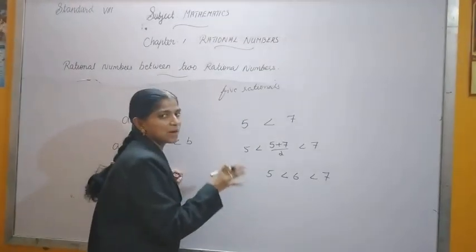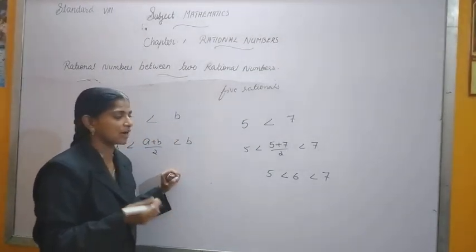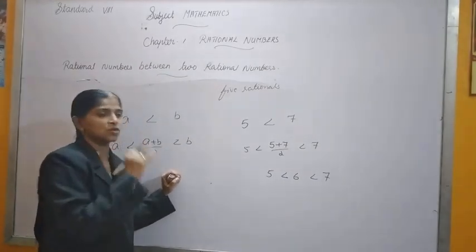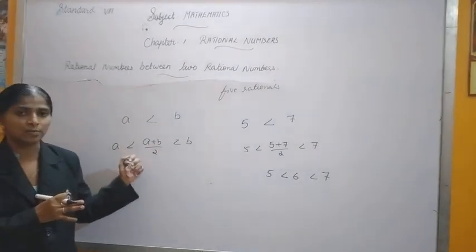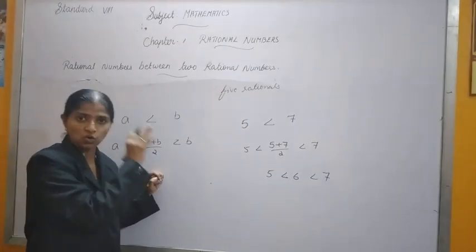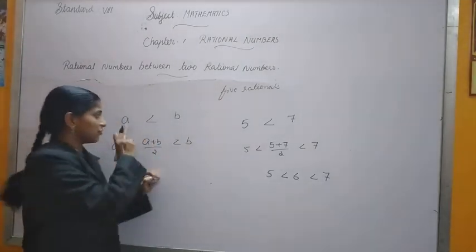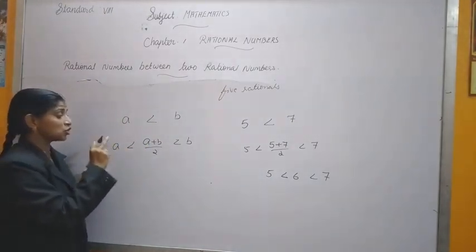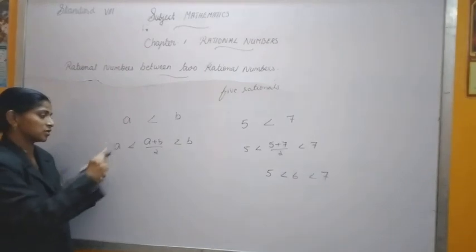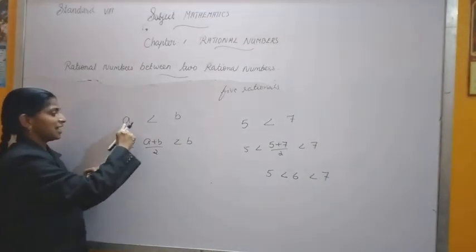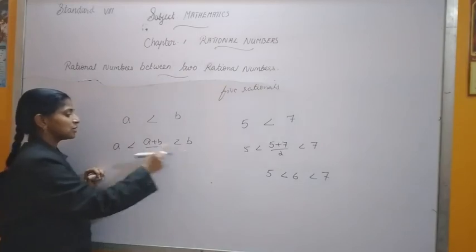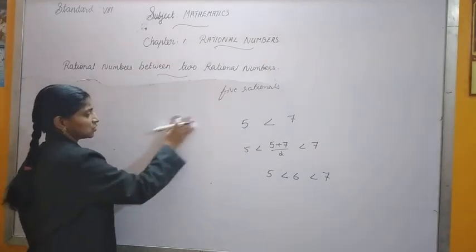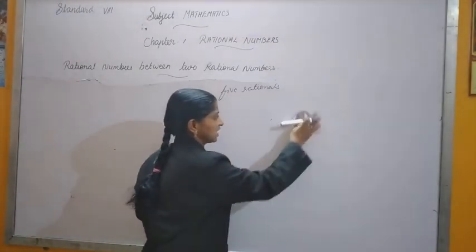But here rational number addition comes. One rational number we can easily find. So if you want to find more than 1, you will find it difficult. So better you find the rational numbers by using the easy method. This is also correct. This is the theory: if A and B are two rational numbers, half of the sum of these two rational numbers lies between the given two rational numbers. We can say symbolically, A less than B, A plus B upon 2 is between A and B. Clear?